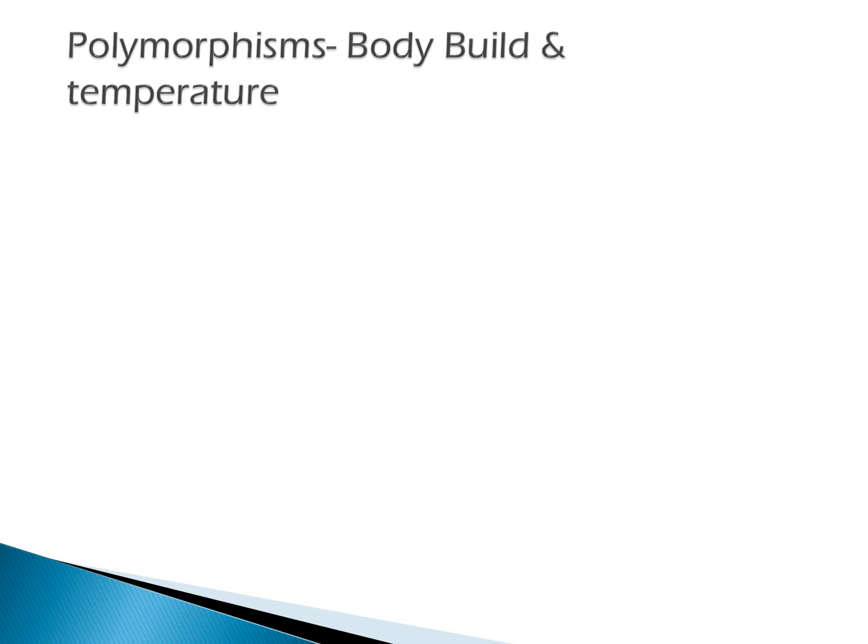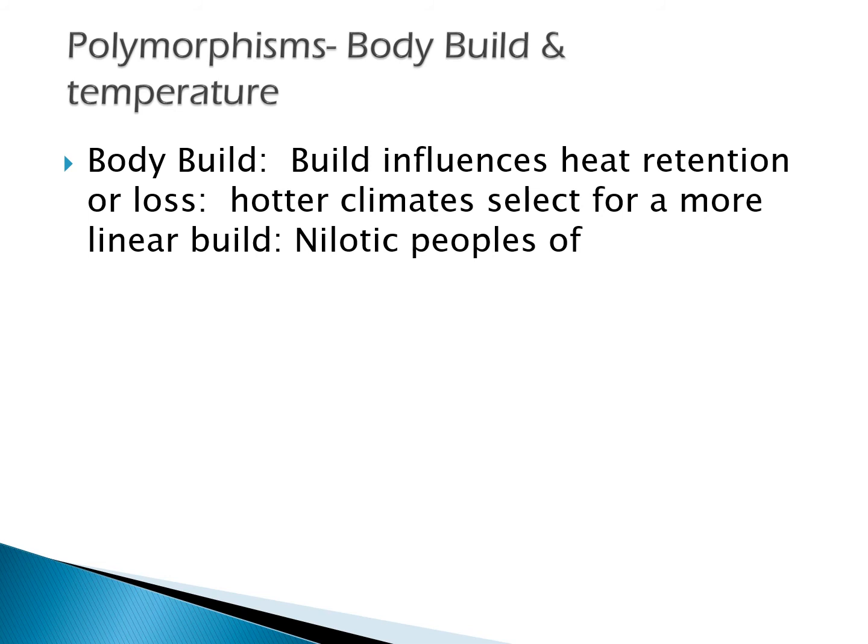Right. Body build and temperature, real quickly here. It's also in your textbook. Body build, which we can really see also in other mammals, influences heat retention or loss. So we see more linear builds in certain places of the world. One that's real easy to see in a real quick illustration would be here, images of Nilotic populations of sub-Saharan Africa. This is an area with almost no tree shade, very, very sunny, and one of the most common economies for the last 10,000 years is herding animals, which need to be out in the open. So instead of using vocabulary for linear build, we're just going to use linear.